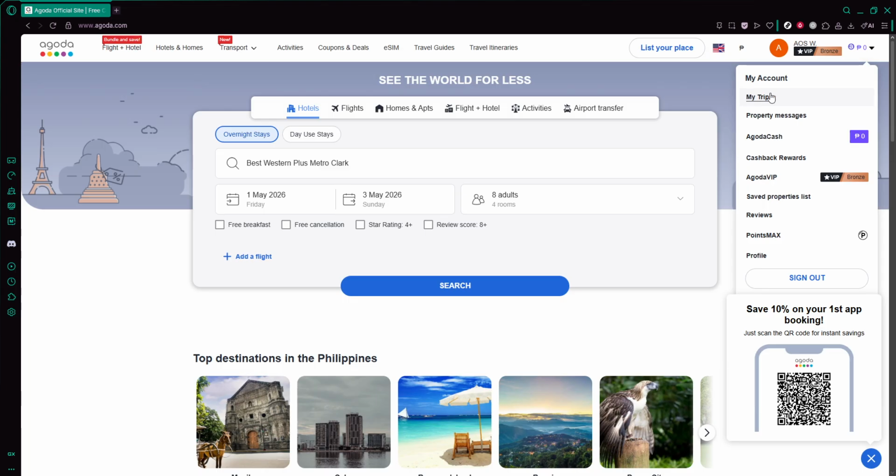This is the central place where Agoda stores all of your upcoming and past reservations. Think of it as your personal trip hub. If you ever feel lost on the site, remembering to go back to My Trips is a good way to get reoriented. After you click My Trips, you'll be taken to a page that shows you all your bookings associated